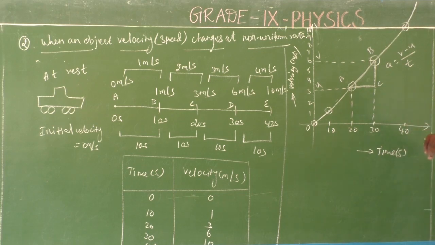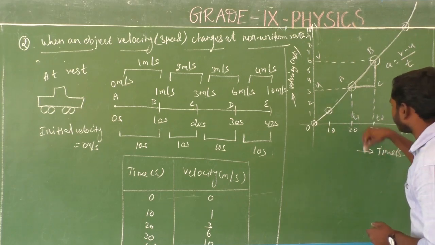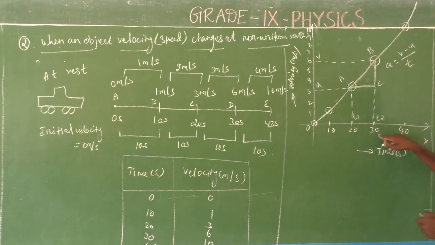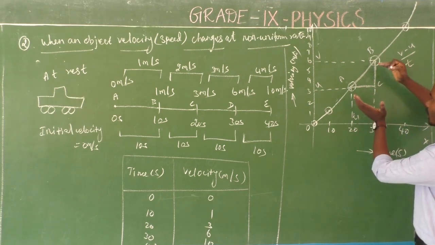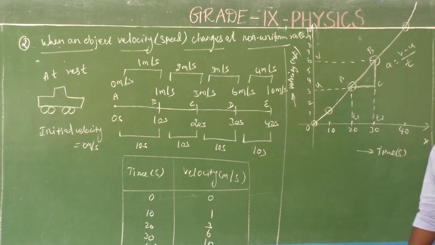Then what is the time factor here? So this is time. This is the larger quantity and this is the smaller quantity. So T2 minus T1. T2 is 30 seconds and T1 is 20 seconds. So 30 seconds minus 20 seconds is obviously 10 seconds. So in the velocity-time graph, the slope of the object is the acceleration of the object. Is it clear?